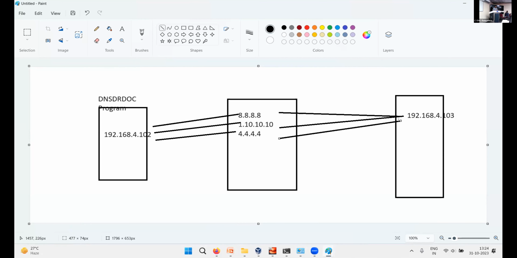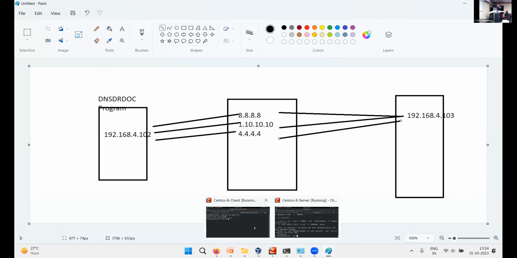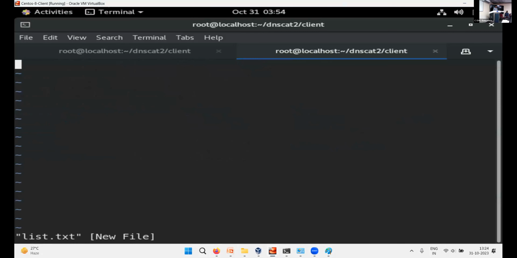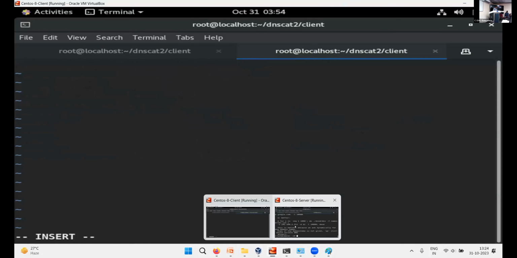This is the setup which I'm going to achieve. I have this machine with me where the DNS DRDoS.c program is there. I just open that machine, and in that machine I have the list of DNS servers. I'll call it list.txt.